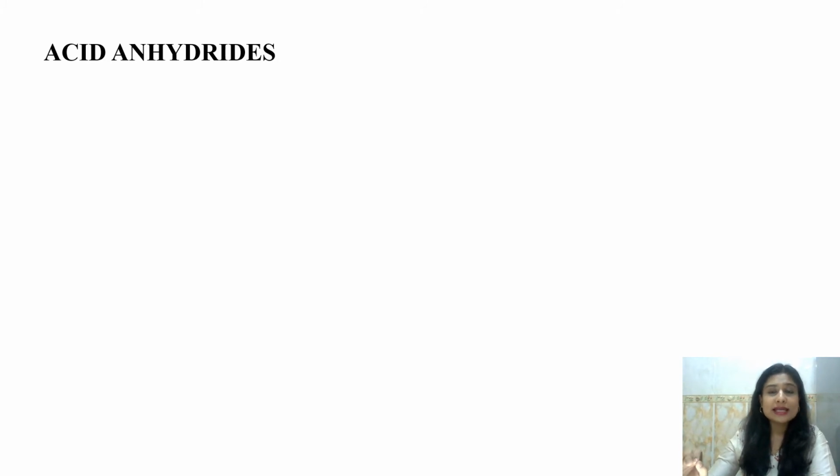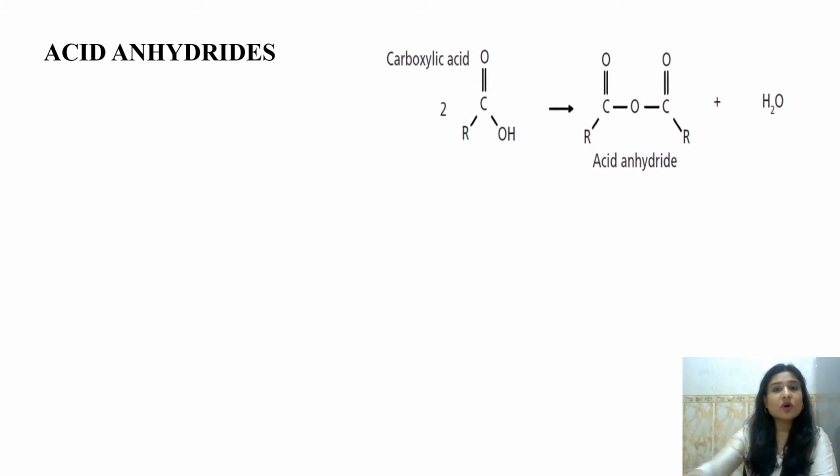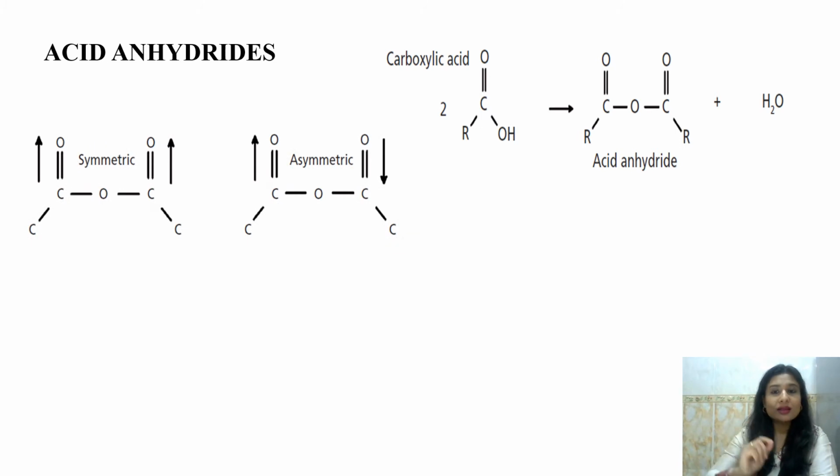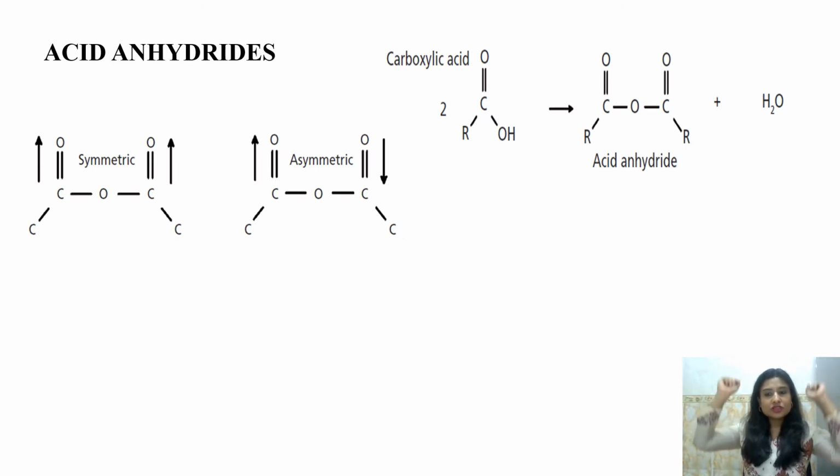Another example to understand the occurrence of coupled vibrations is the acid anhydrides. Now, acid anhydrides are formed when two molecules of carboxylic acids combine and release a water molecule. The remaining product is the acid anhydride, and it consists of two carbonyl groups. These two carbonyl groups in an acid anhydride molecule also show two types of stretching. One is symmetric, where both oxygen atoms move in one direction, and the other is asymmetric, when they move in different directions. Okay, so these two vibrations produce two absorption bands at different wave numbers.